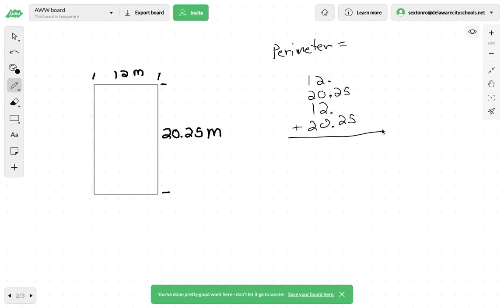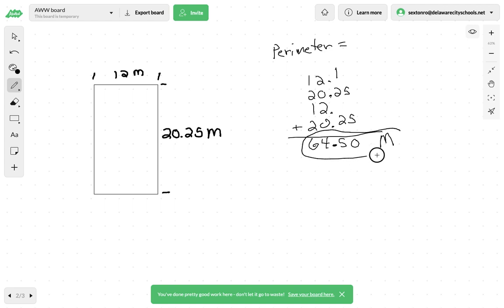If I add that up, I get 5 and 5 is 10. The 1 carries. 2 and 2 is 4, plus 1 is 5. And that's it for my decimal digits. Now I'm going to go over to my whole numbers. 2 and 2 is 4. And 1, 2, 3, 4, 5, 6. So I get a total perimeter, a total distance around this shape of 64.5